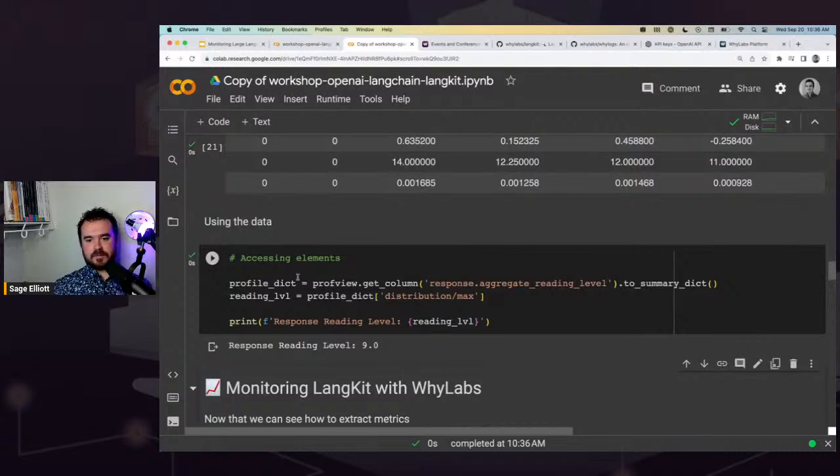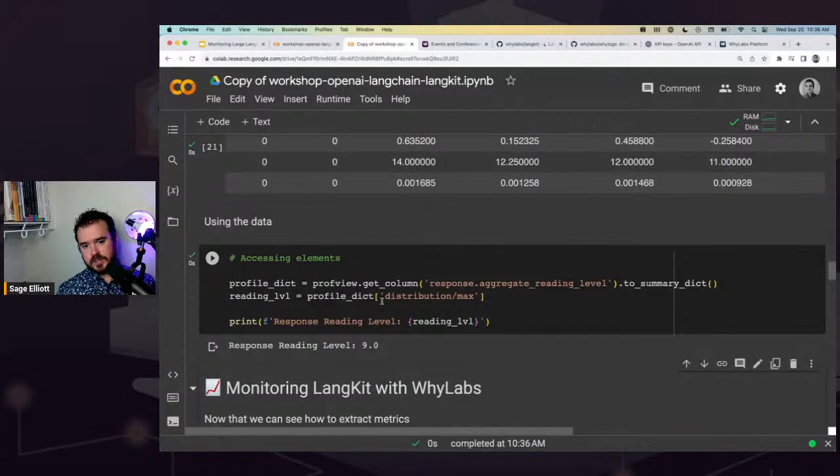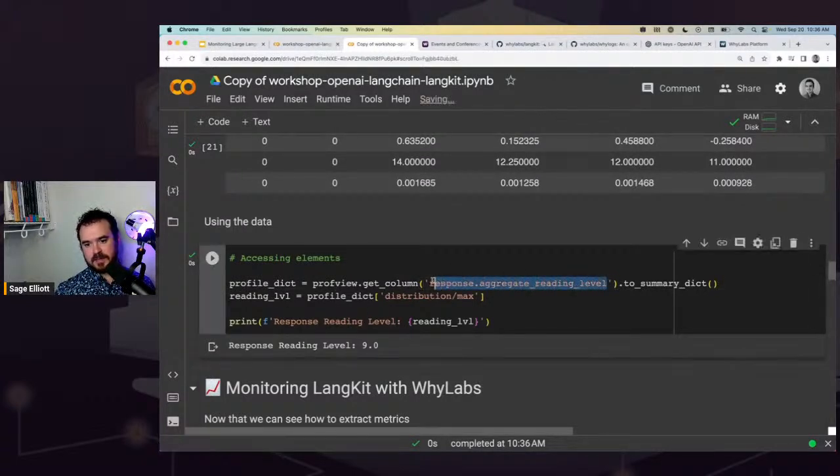But this is a way of accessing that data that is stored in our profile. So we're converting it to a profile dictionary here. We're saying we want to look specifically at the aggregate reading level in this case. And then we also want to look at just the distribution max, but we could grab things like the minimum or the mean, etc. And then here I'm just printing it out,